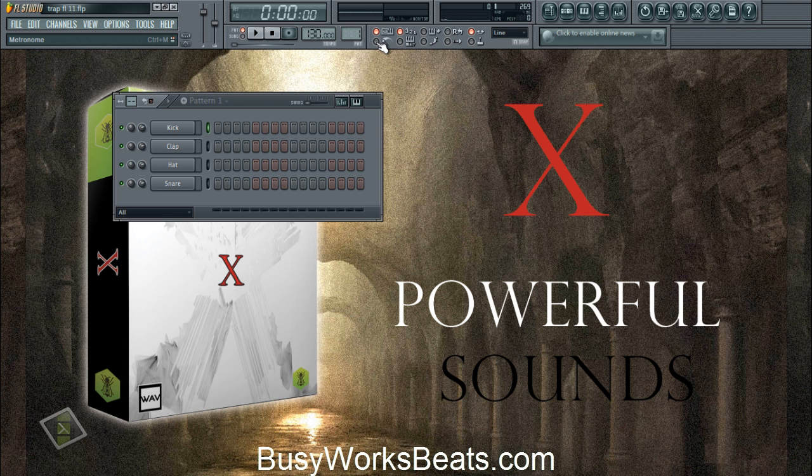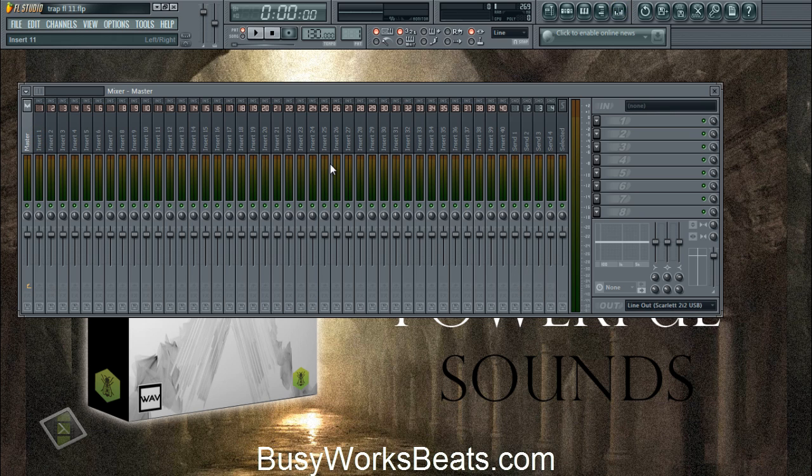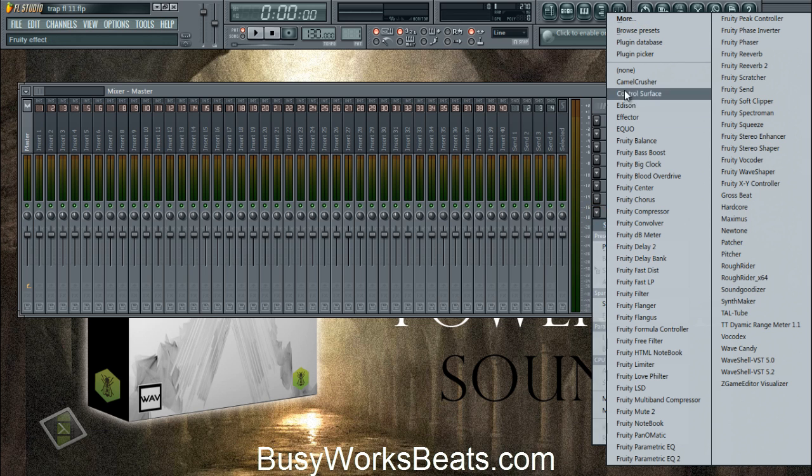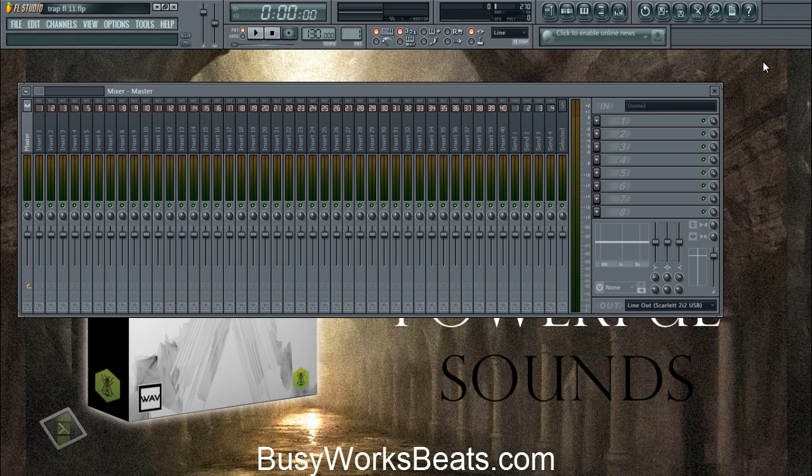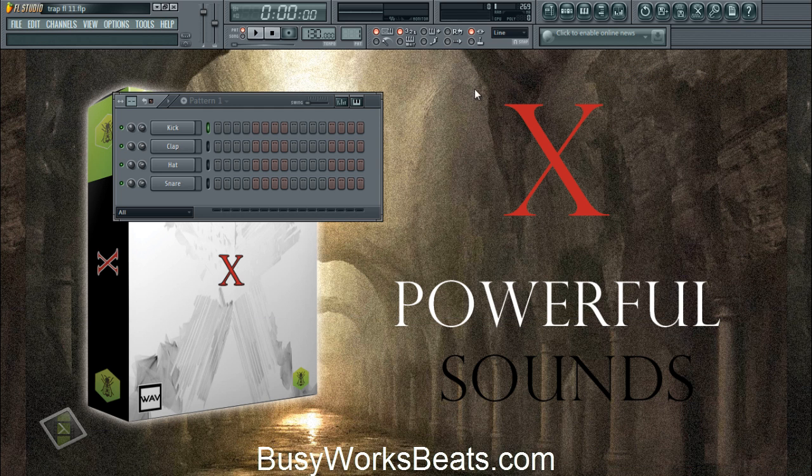Today we're going to show you how to make a trap beat from scratch using FL11, and I literally mean from scratch. So we're going to start with the default template of the kick, clap, hat, and snare. Make sure there's no limiter on your master. If you see something called a Fruity Limiter over here, just click the arrow and change it to none. Make sure you're at the default.